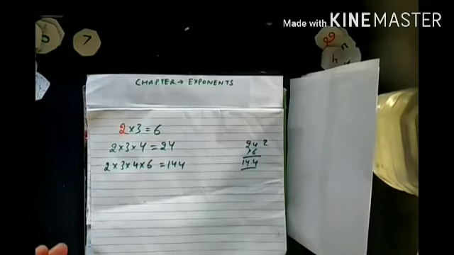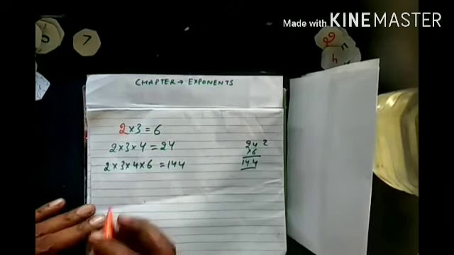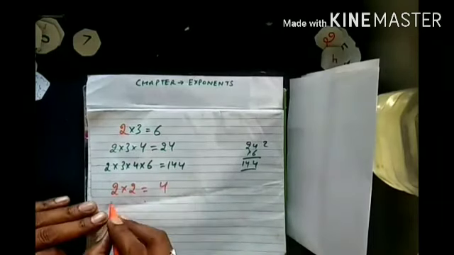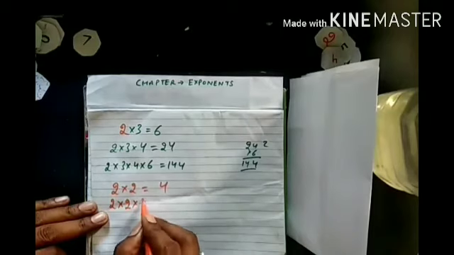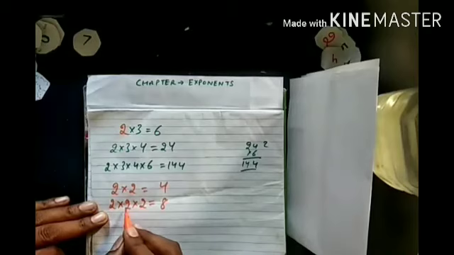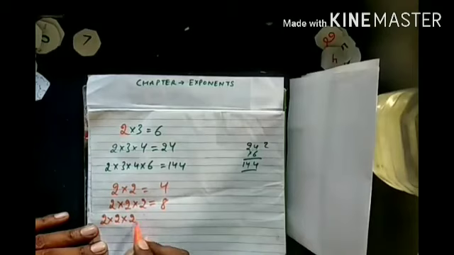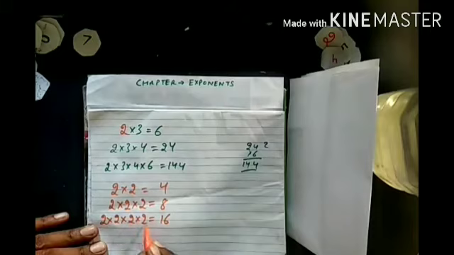Here is the pattern where you are going to multiply different digits. But what happens if you have to multiply the same digit two times, three times, four times, or more than four times? Let us see what happens. When I multiply 2 with 2, the answer is 4. If I multiply one time more, that is 2 multiply 2 multiply 2, 4 multiply 2 is 8. And if I increase one more 2, then I will get 16: 2 multiply 2, 4 multiply 2, 8 multiply 2, 16.